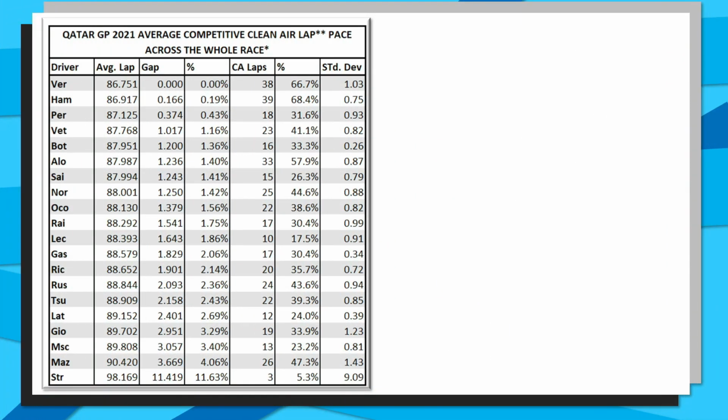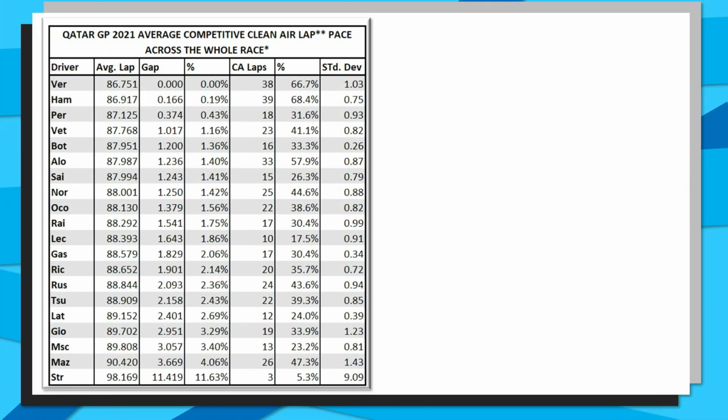And for Qatar, this was set at 3 seconds. So any lap time that you set outside of 3 seconds of the car in front will be counted into this average. However, there is a small truncation period that happens from these resulted laps. We remove the fastest 2, and then we also remove the slowest 30%. Then of that truncated section, those get averaged, and we end up with a leaderboard that looks a little like